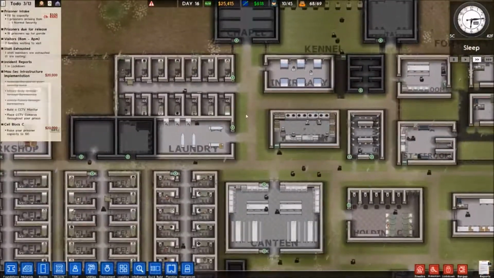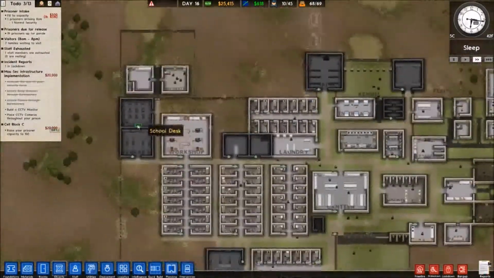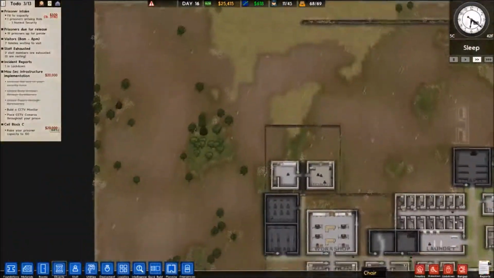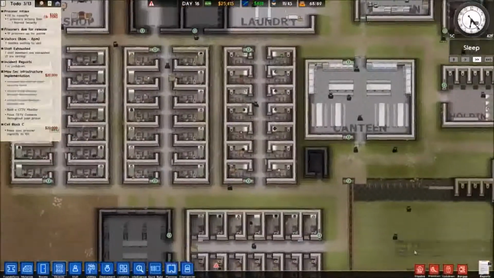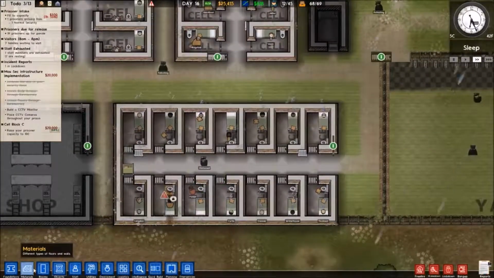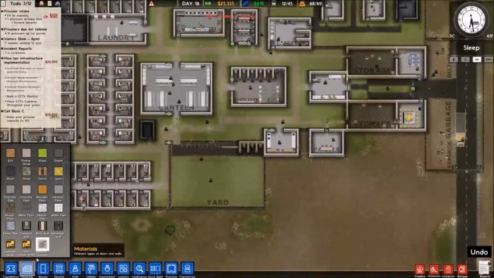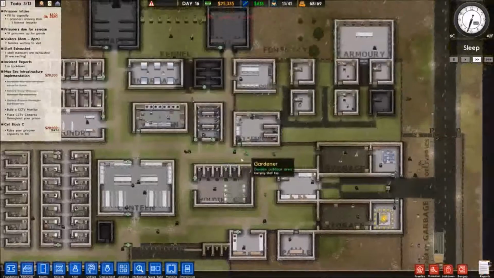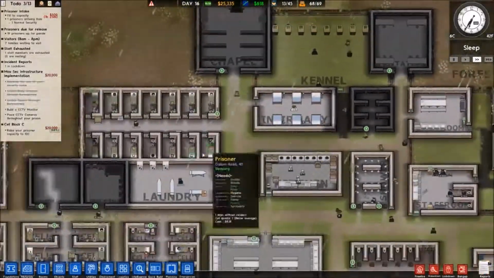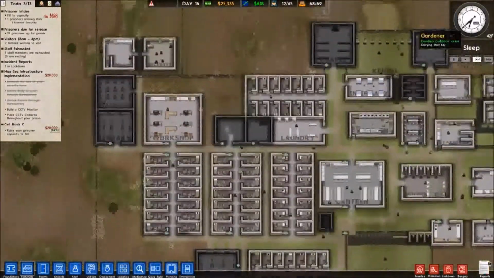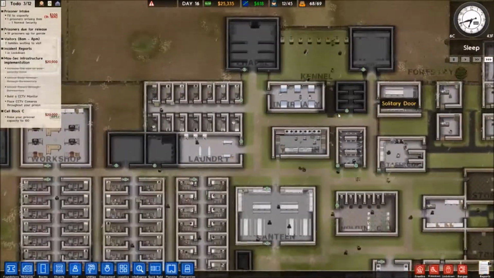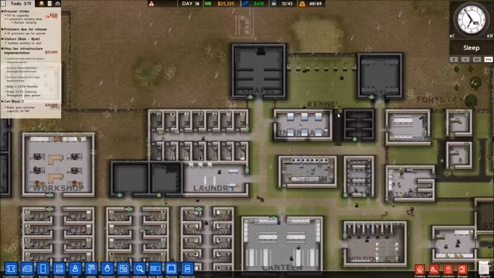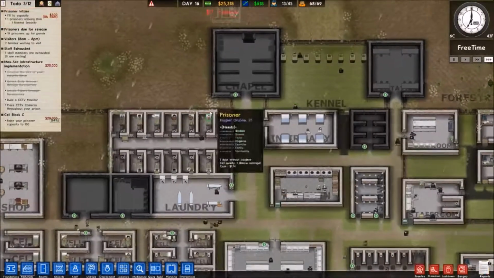But yeah, the plans. Our first plan was to get the cameras up. CCTV and cameras on. We've got the phone tap on. That's working so far. We're also going to want to do a shakedown, but we're going to do that tonight after dinner. That way they're not too angry at us during the day. Because right now they're not really upset, but if they're going to get angry at us, I want it to happen at night, so that way they're all in their cells and near the center of the prison.